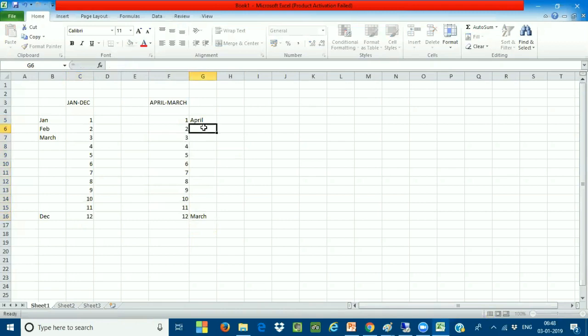April, May, June, July, August, September, October, November, December, and then January, February, and March. Now this is what exactly the different fiscal years are.